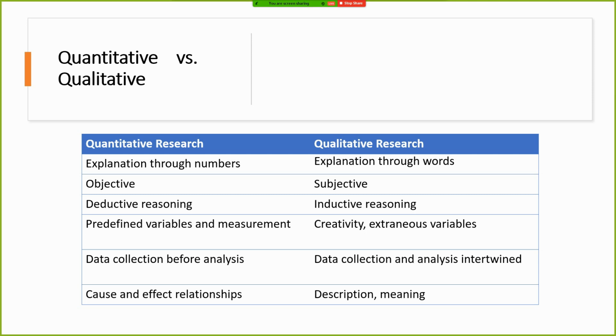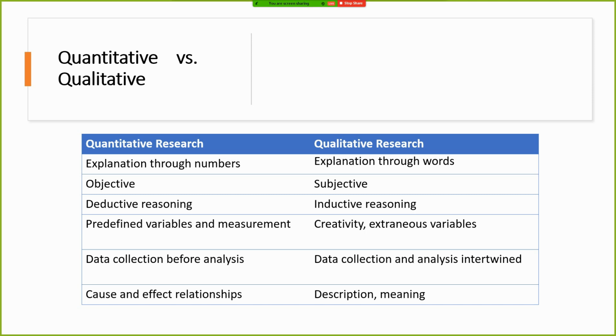Now, the limitation of this kind of question is that you cannot express your satisfaction in greater detail. You might say that, yes, I am satisfied with the teaching, but I'm not satisfied with the administrative staff. You can say that I'm satisfied with the resources provided, but not with others. I'm satisfied with the computer lab, but I'm not satisfied with the library. You do not have this liberty in quantitative research. So you cannot associate meaning to the data in greater detail.